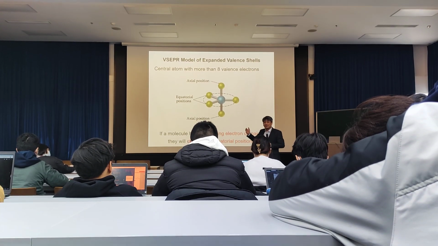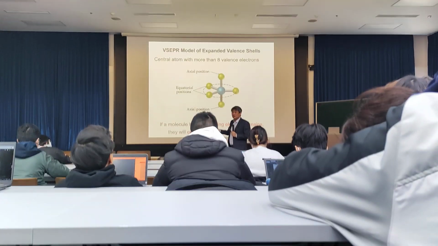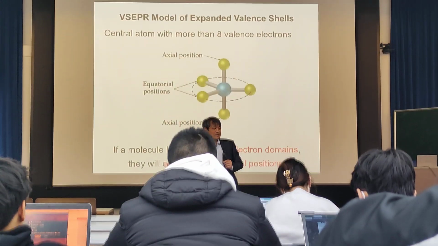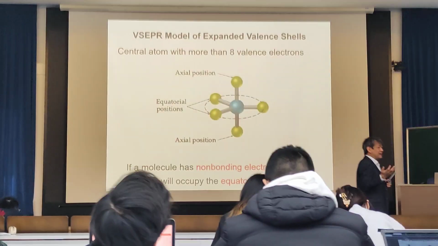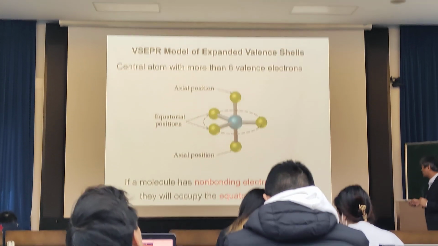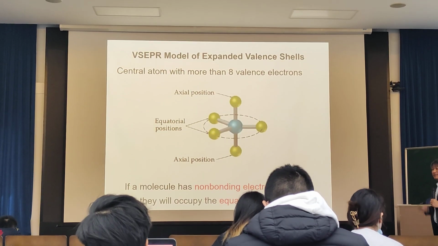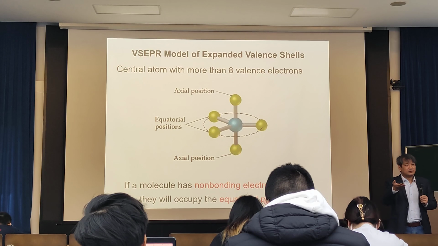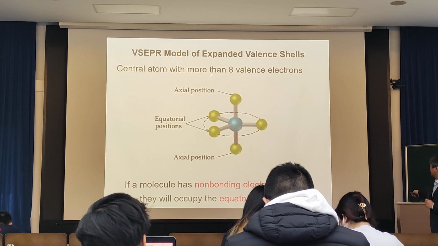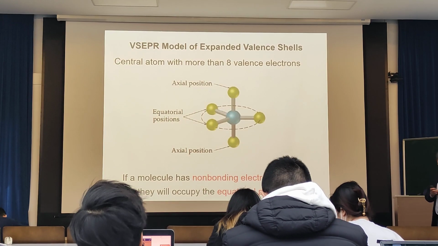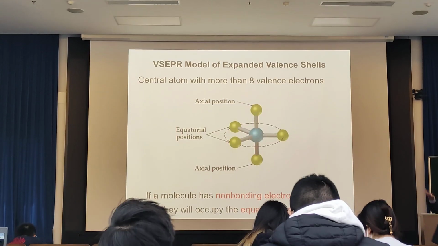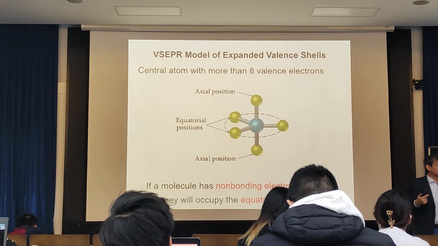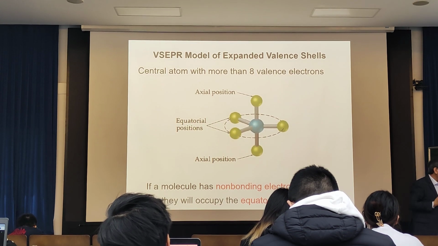So in total, you will have 9 orbitals at maximum, and each orbital can be occupied by 2 electrons. That means in total, you can accept 18 electrons. So the central atom from the third row and below can hold more than 8 valence electrons. For example, in the case of sulfur, SF6, the sulfur will have not only 8 electrons, but